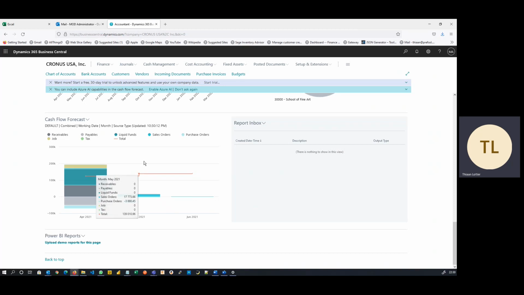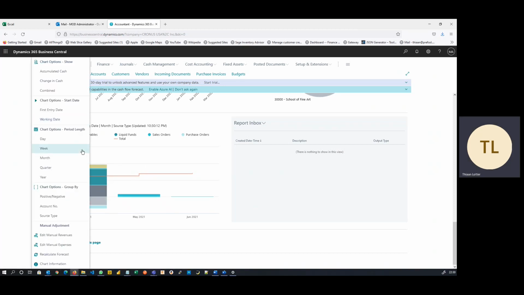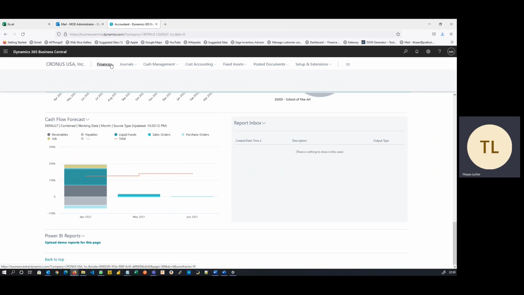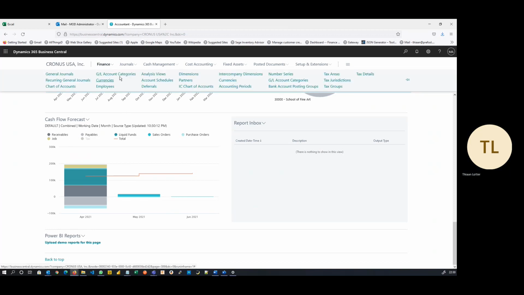The other really big thing that we've spoken about is cash flow and some AI here. So this cash flow statement you see here is run entirely by Business Central's machine learning and minor configuration around when you pay tax, for example. And this will do things like expected payments from your customers. So if I go into a sales quote, for example,